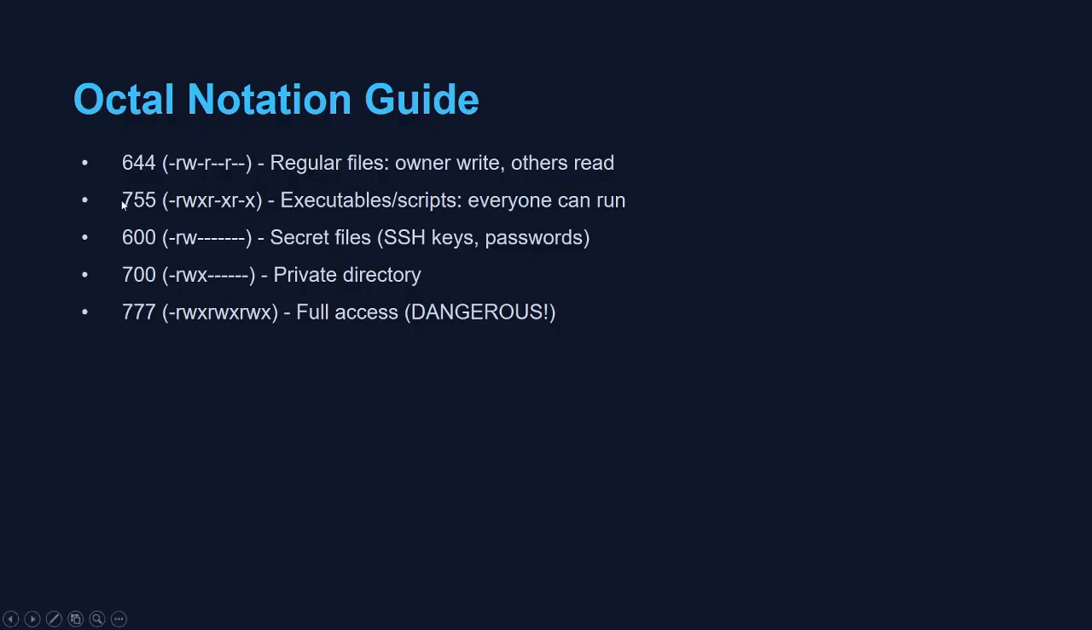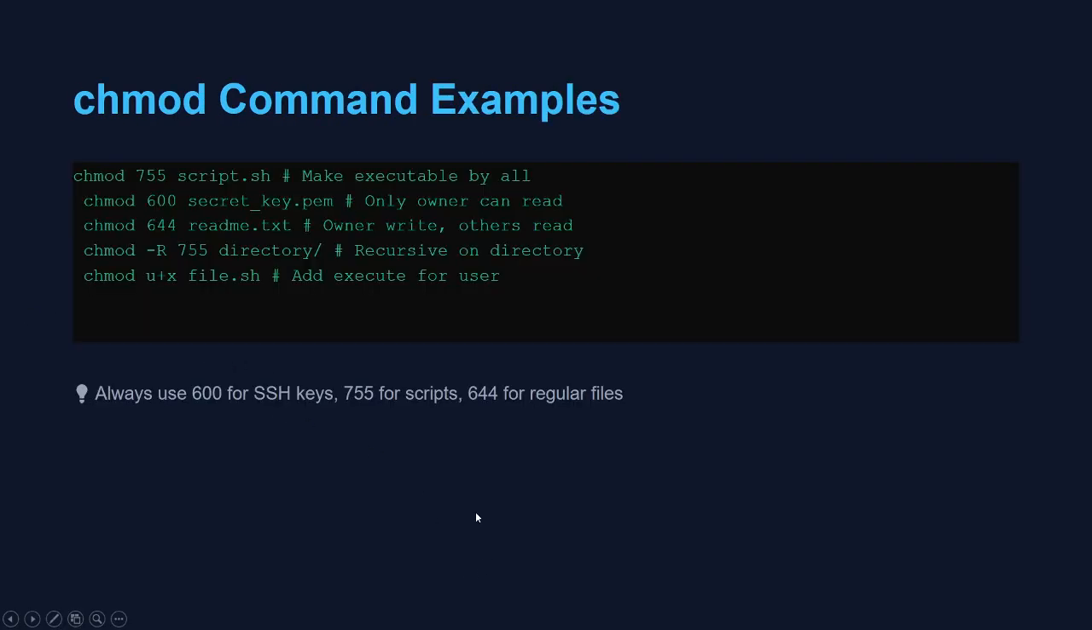755. Okay, we have here 600. This is for secret files like an SSH key or password. We put rw on the owner, read and write, and we have private directories here where only the owner can read, write, and execute. We have 777, full permission, full access, dangerous. Okay, so basically, let's see how this is implemented in the